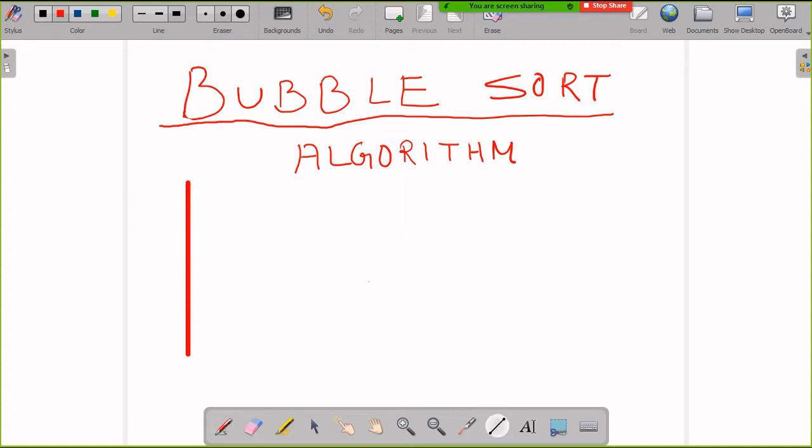Suppose some set of elements are there in a list.